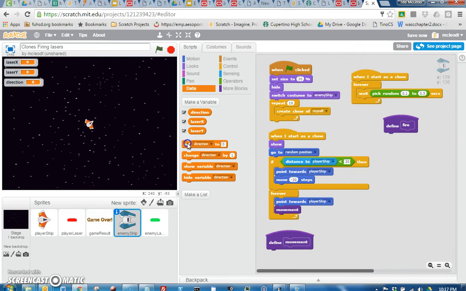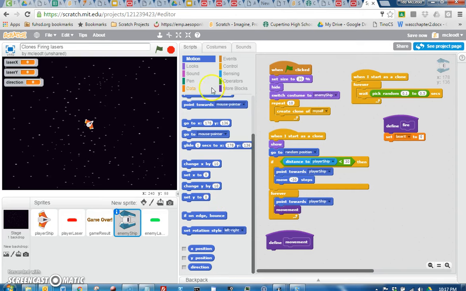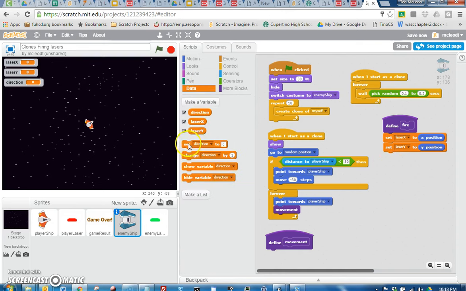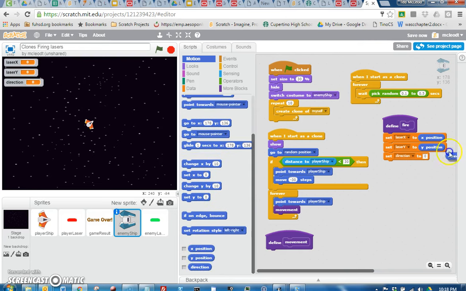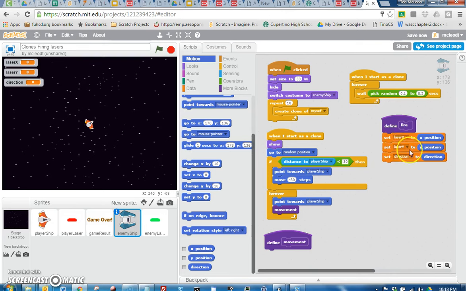Okay, so then all we have to do now is when we fire, we're going to set laser X to, and then if you go to motion up here, you'll see that there's X position, right? And then we're going to set laser Y to Y position, and then we can set direction to, going back to motion, down here at the bottom, direction. So now it's basically saved in these global variables the information about where should the laser go and what direction